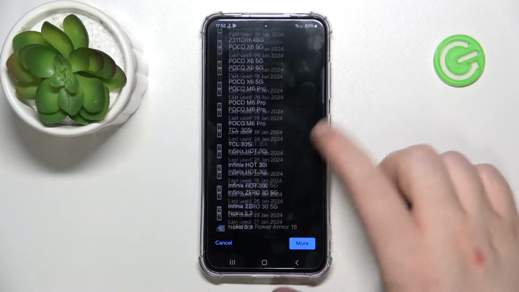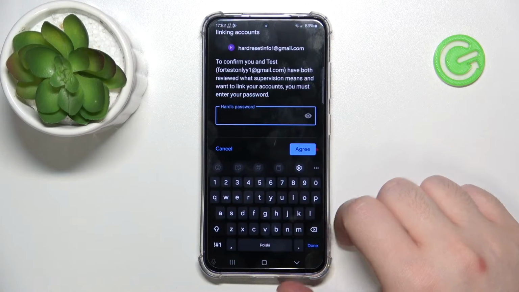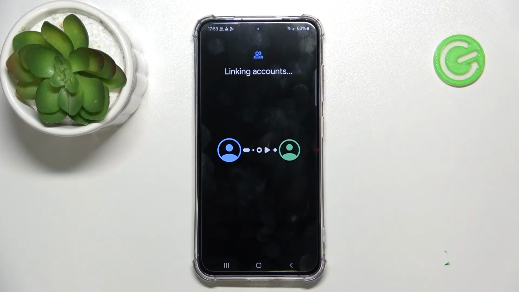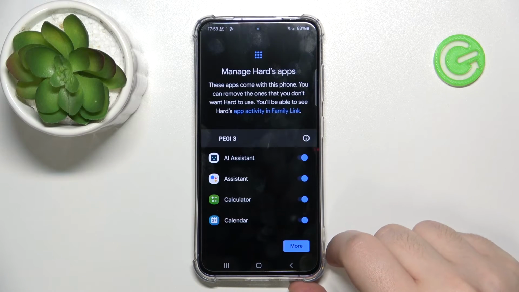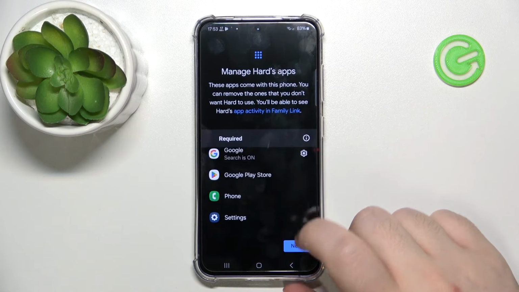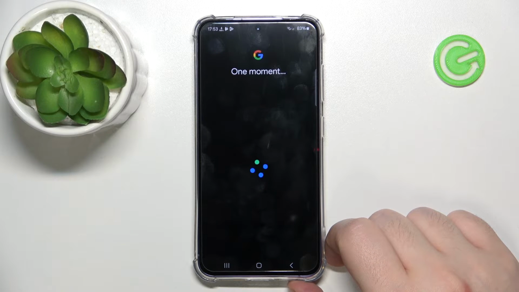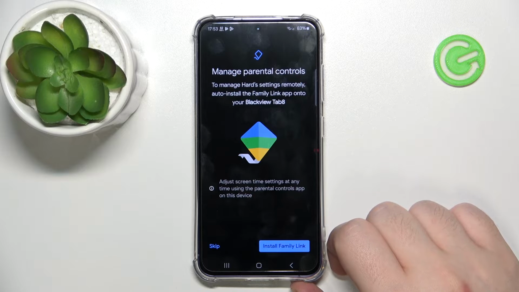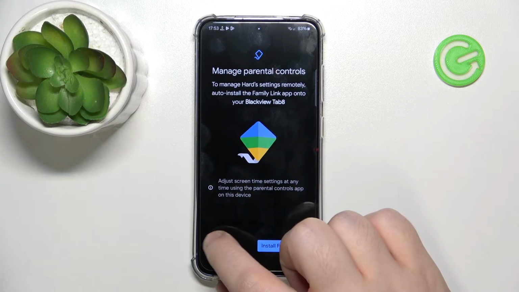Now you have to scroll down and here you have to enter your child password again. And now click on next. Now scroll down and click next. Now click next again. And here you can click on install family link or you can click skip and then